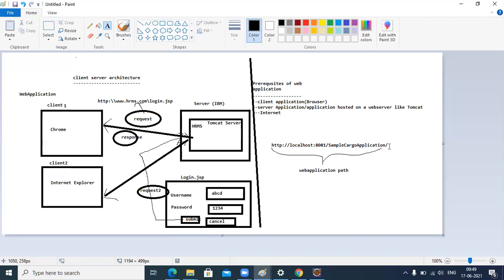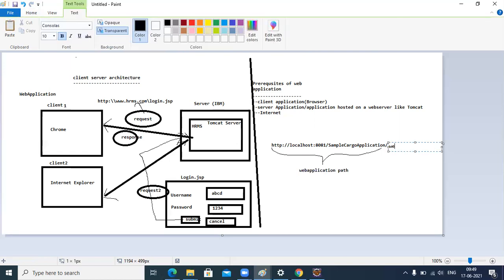Welcome.jsp is your file name. Any doubts on this?